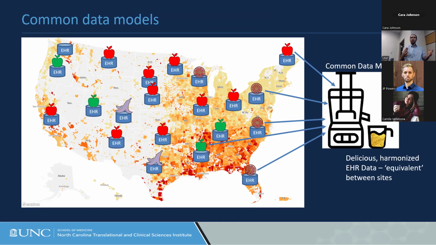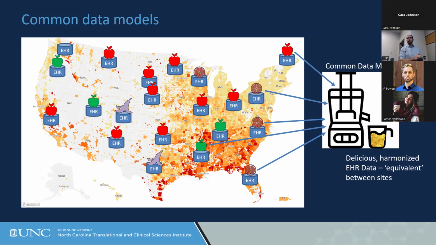It allows you to give some requirements to all of these sites on these different EHRs, simply bring all of it together, juice all of that fruit independent of what type of fruit it is, and just get delicious harmonized EHR data out from the sites. And so in theory, this is perfect, right? All you care about is,